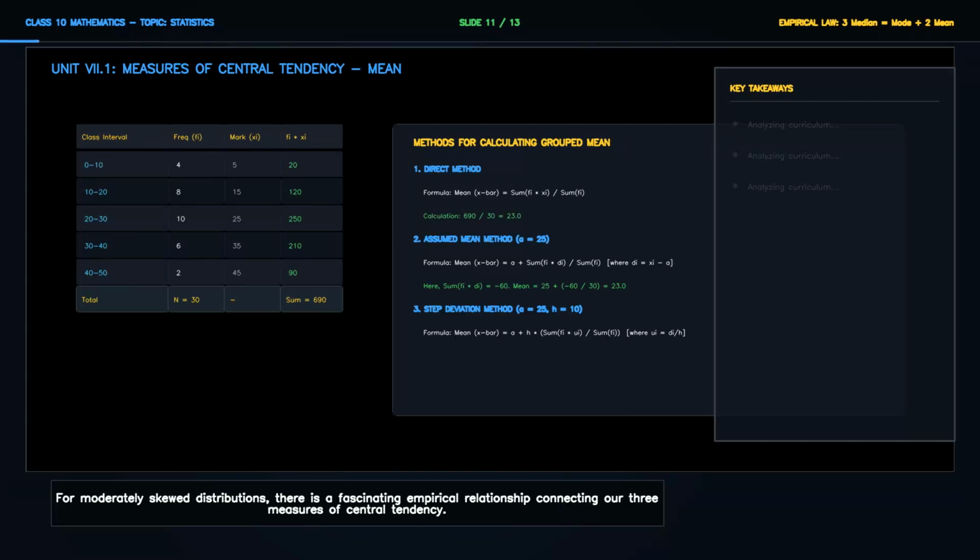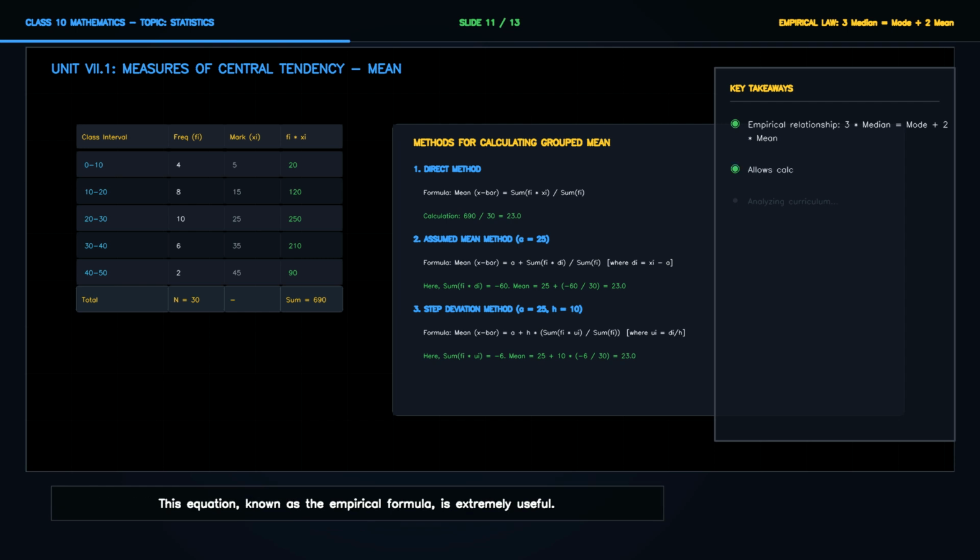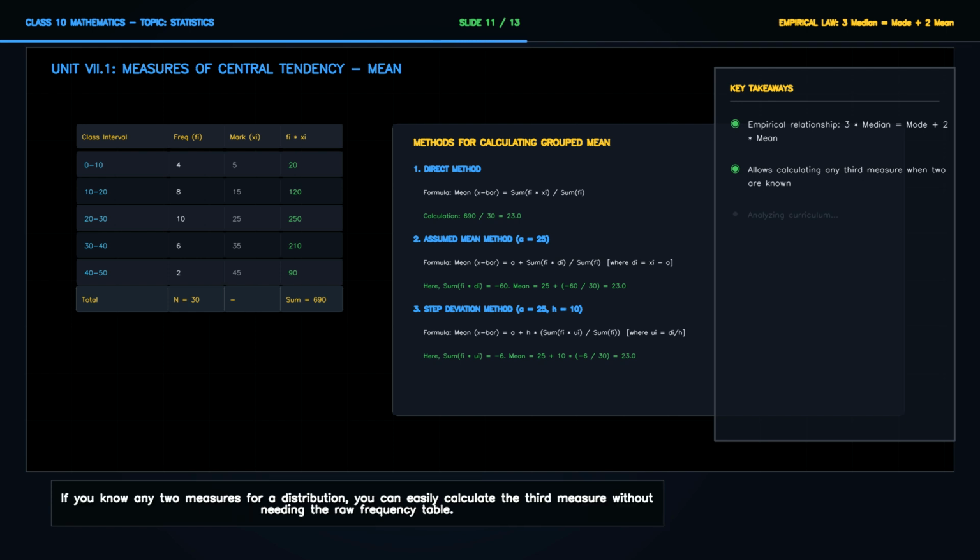For moderately skewed distributions, there is a fascinating empirical relationship connecting our three measures of central tendency. Discovered by statisticians, this relationship states that 3 times the median is equal to the mode plus 2 times the mean. This equation, known as the empirical formula, is extremely useful. If you know any two measures for a distribution, you can easily calculate the third measure without needing the raw